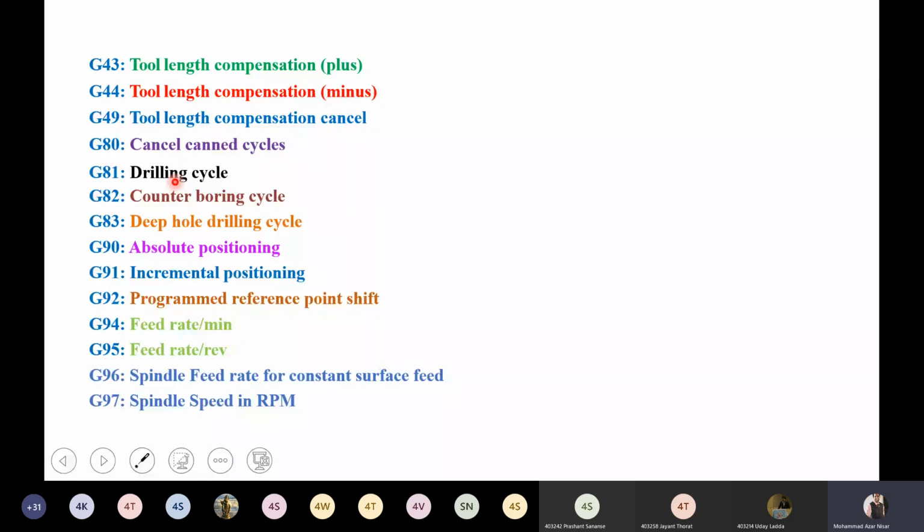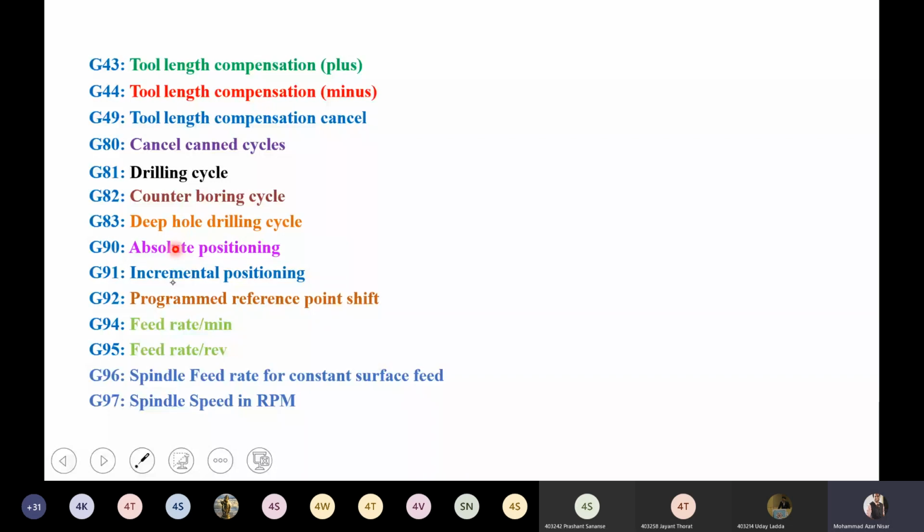Then next one, G82: if a boring cycle is there, continuous borings are there, then you have to use this G82. Then G83 is used for deep hole drilling cycles. For that cycle, if the hole is deeper, then G83 is used.